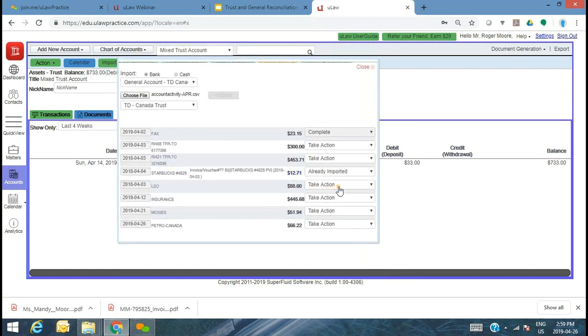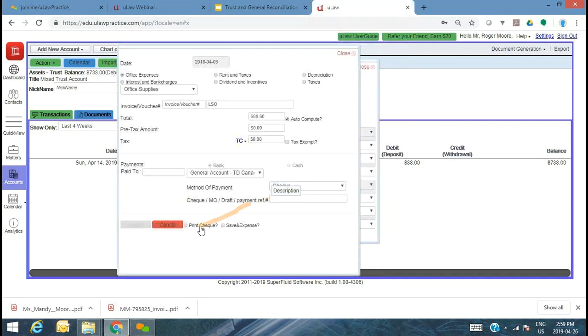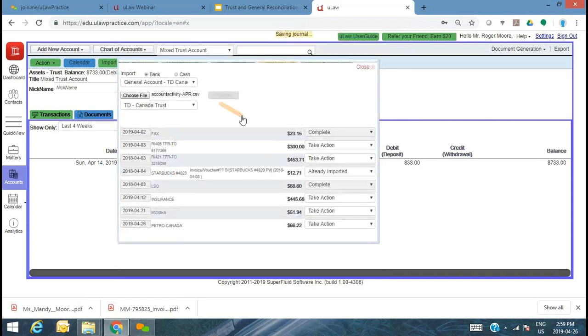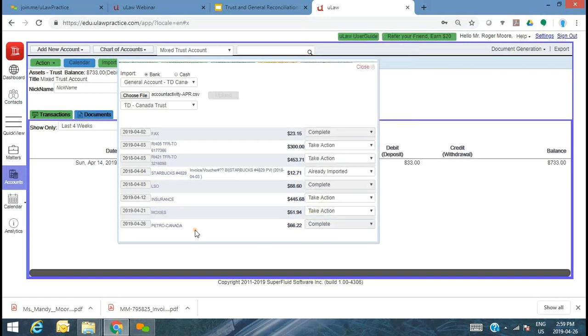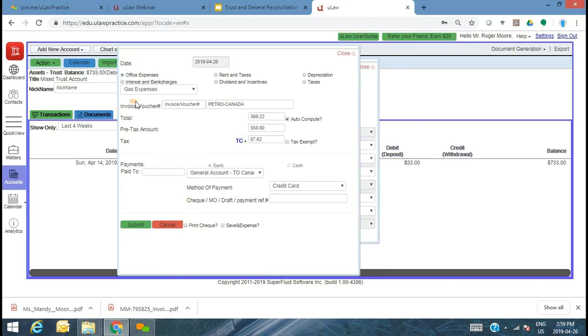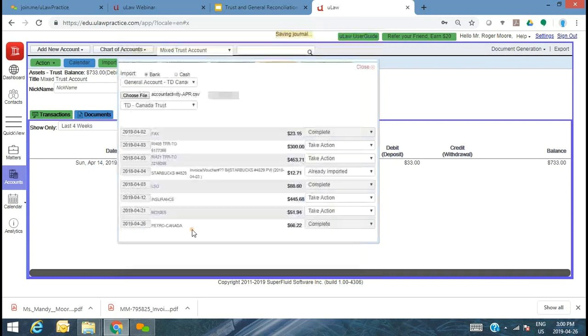And let's just take another one, Law Society fees. This is a faster way that you can actually enter data instead of doing it one at a time. You're capturing it directly from the bank and you're importing it. uLaw also knows that if it's Petro-Canada, it's kind of smart to know that it's gas expense. Technically, it captures the HST.